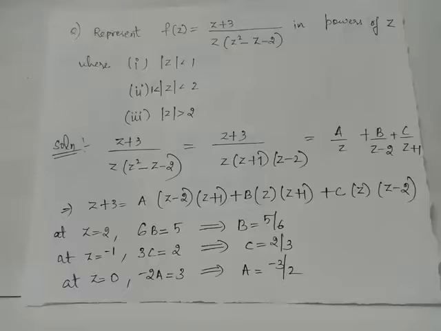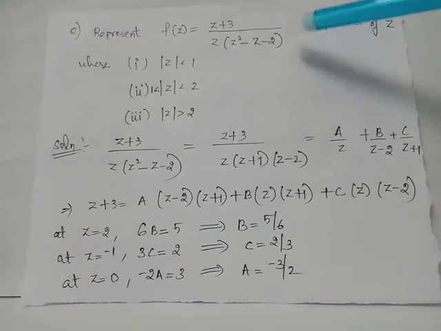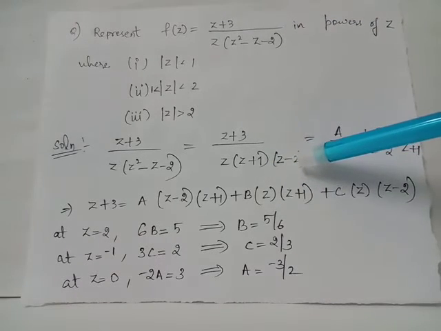And f of z equals z plus 3 upon z into z square minus z minus 2, in powers of z in the regions modulus of z less than 1, 1 less than modulus of z less than 2 and modulus of z greater than 2. Here z square minus z minus 2 can be factored as z plus 1 into z minus 2 and hence